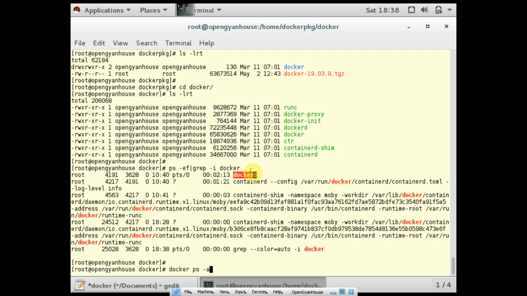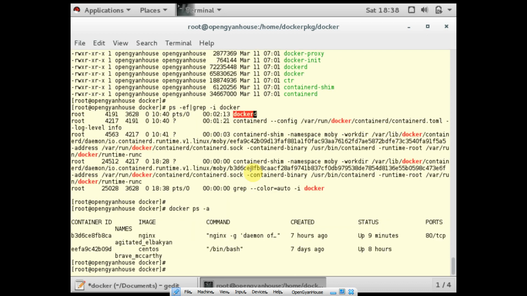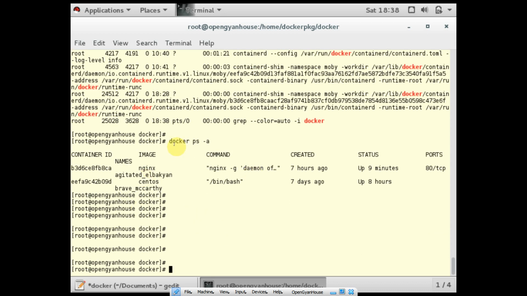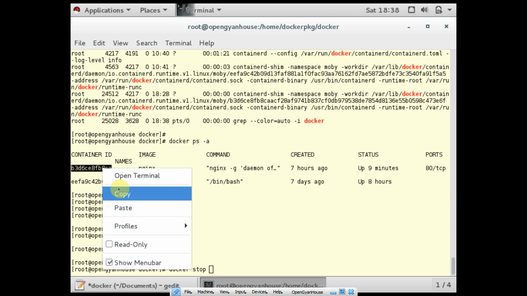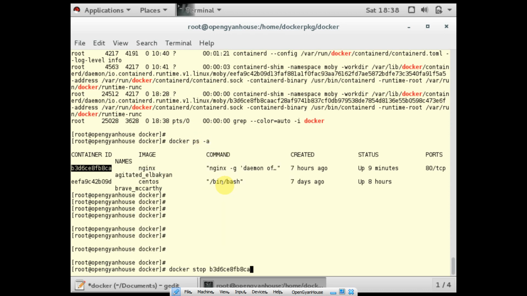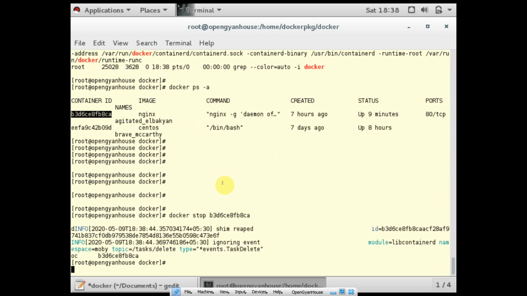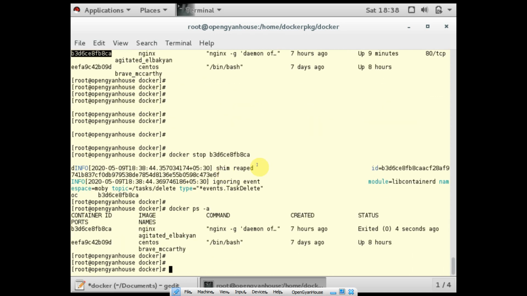And here let me demonstrate some useful commands of Docker. If you want to see how many containers are running in Docker, you can use the command docker ps -a. You can see two containers already installed and running, and both are up. If you want to stop any container, you can use the command docker stop and your container ID. Let me stop one container here. Now you can see the status using the docker ps -a command. So you can see only one container is running right now.